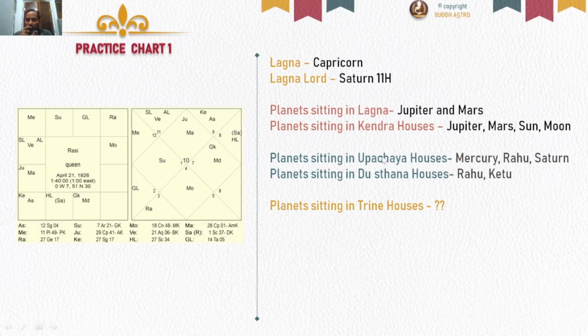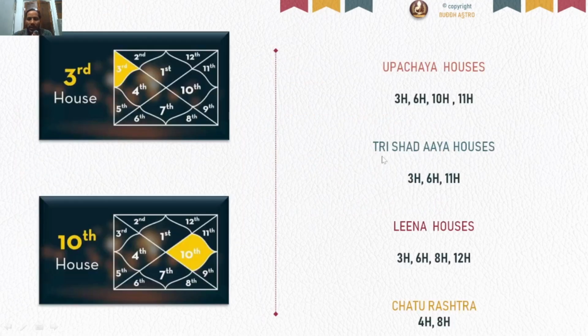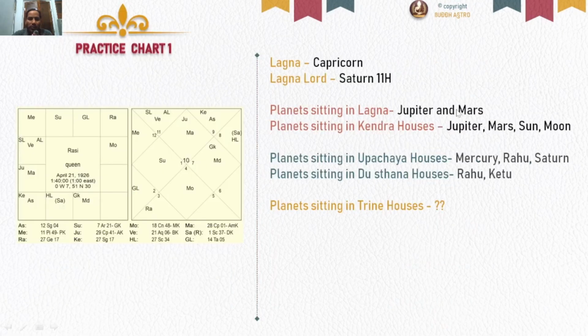houses, right? Upchaya houses are the third house, sixth house, 10th house, and 11th house. So we took the third house. Third house has Mercury, sixth house has Rahu, eighth house, sorry, 10th house has no planet, 11th house has the